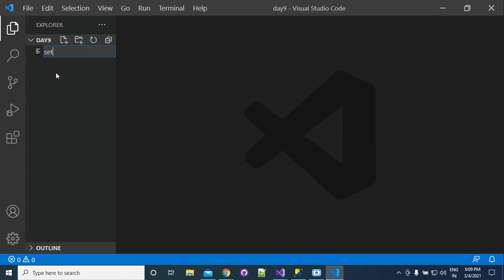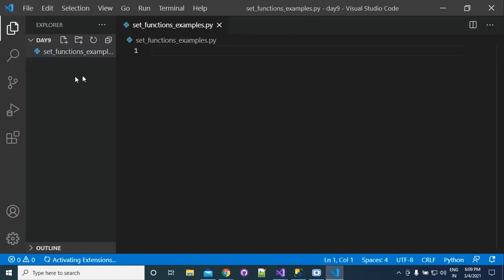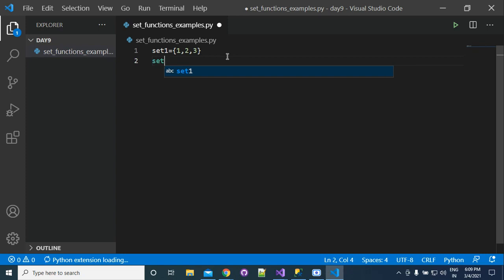Okay, so we are going to have an example of set functions. If you want to check if two sets are disjoint, then suppose that we have two sets. The first set, set 1, has the elements 1, 2, 3, and set 2 has elements 2, 3, 4.